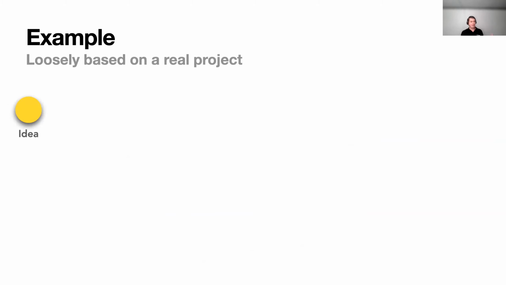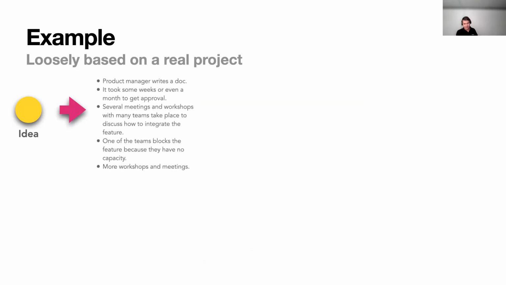So an organization has an idea, or a person has an idea, and they want to deploy to production. What do they do? Well, they have a product manager writing a doc. They do meetings. They check with other teams. They get blocked because the other teams don't have capacity. They do workshops. They do several steps to see if the idea is even worth it. And then somehow they come to the conclusion, yes, it is worth it. Let's go with the idea. We discussed a lot already, so let's get to the next stage.